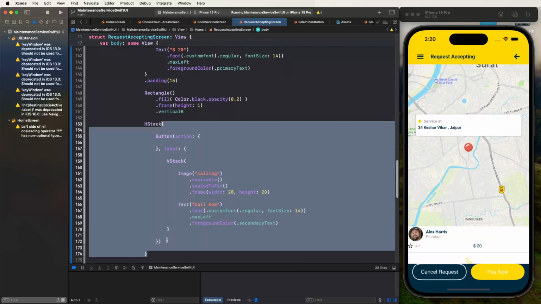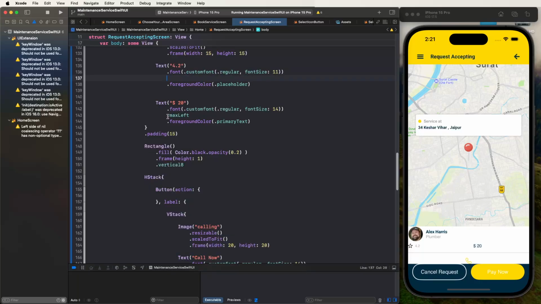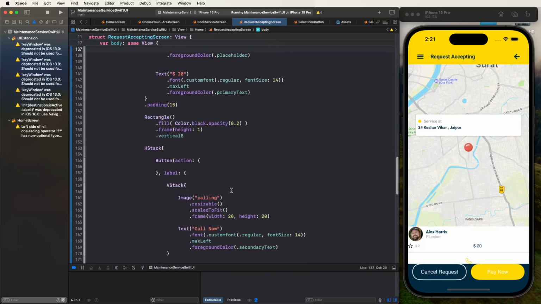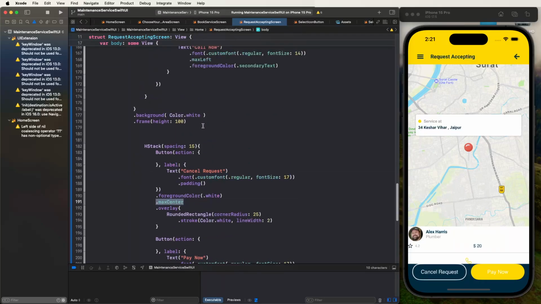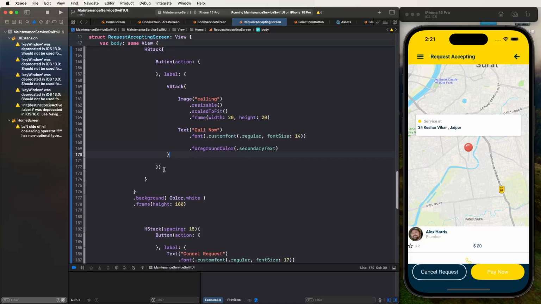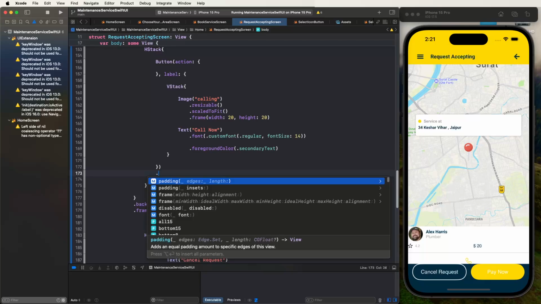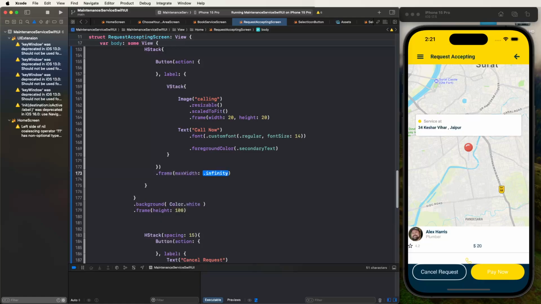Also need to set the padding, and we need to remove the max left, and set the max center. Set the max width. We need to set infinity, and alignments we need to set center,